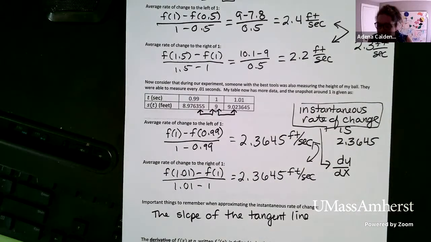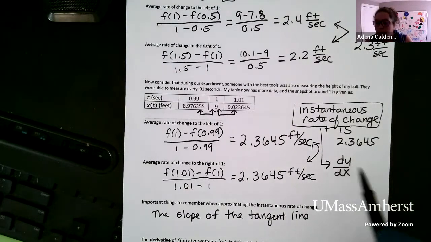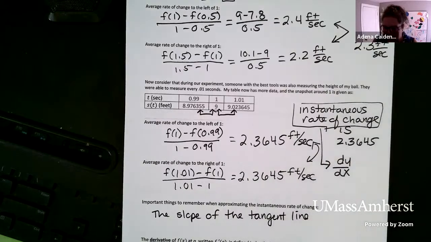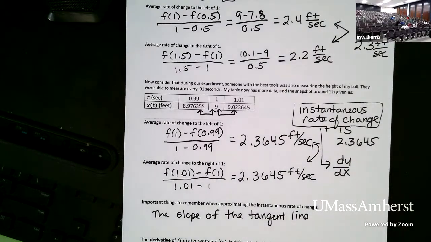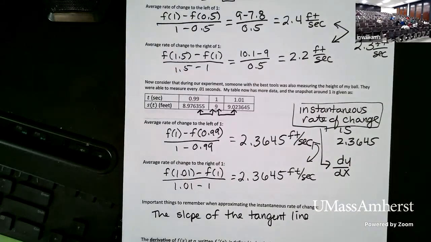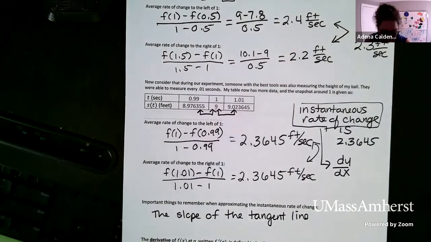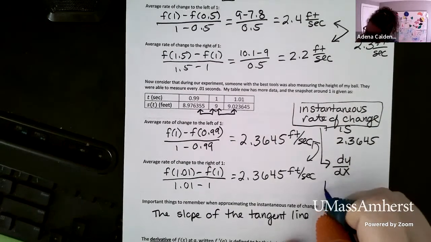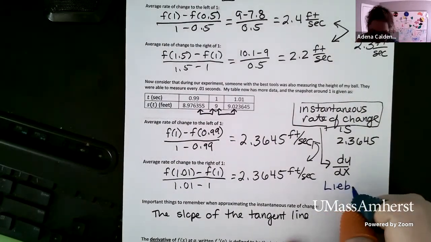So if we're talking about dy dx, we're talking about the rate of change at a particular point. So this will be included with some information about the point you're looking at, okay? This notation and wording, instantaneous rate of change, was introduced by a guy named Leibniz, Gottfried Leibniz, in the 1600s,